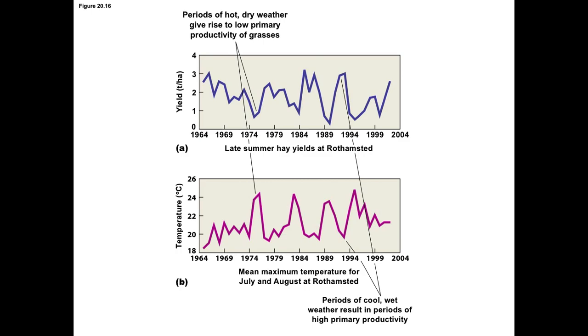Now here we look at mean temperature values for the same years, and we see an inverse relationship. When productivity is low, it coincides with temperature being high. When temperature is not so high, productivity is quite high. Over a multi-year cycle, we're seeing trends in productivity driven by the availability of water, the actual temperature, and the availability of nutrients. So these things cycle at a short scale and also at a longer scale.